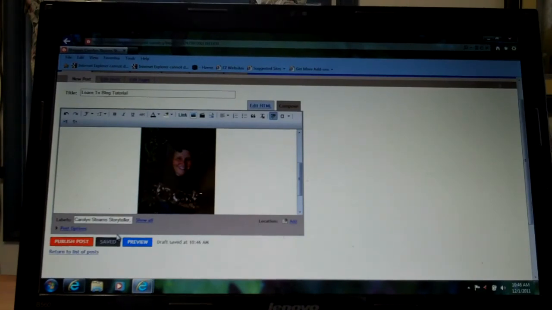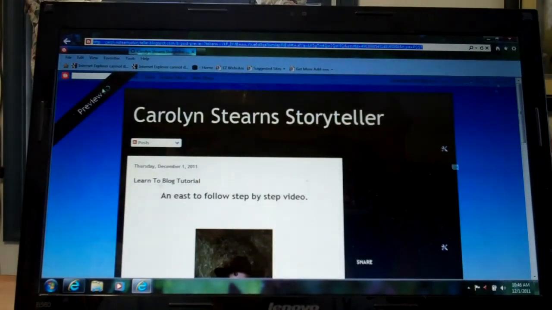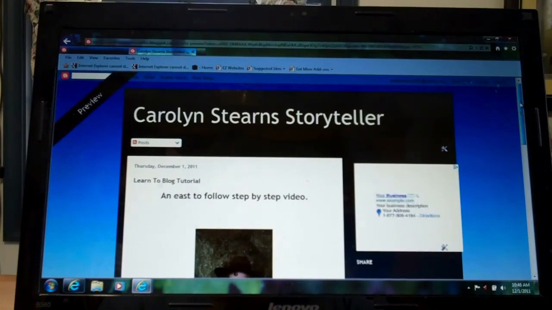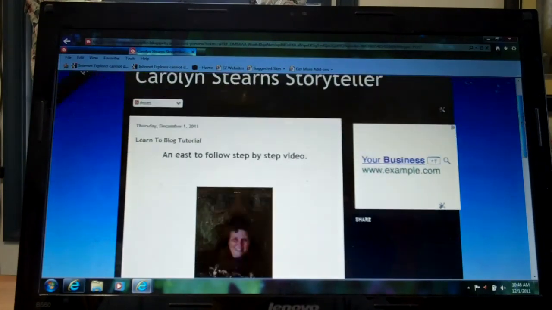So I've added that. You see it's saving automatically here, and it tells you the time it was saved at. And you can also preview before you publish your post. So we'll have a look at this blog and what it's going to look like when it's out on the web. The preview bar is right here on the left to show you that it is indeed the preview. And so we have the regular banner that's part of my design up here in white. And down within the pane we have